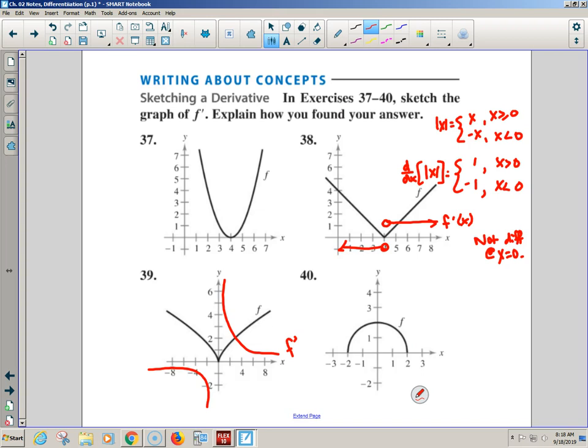What's happening as the x values get closer and closer to 0? My slopes are getting steeper and steeper, closer and closer to what? 0. Getting steeper and steeper and steeper. Now, what are the slopes doing as I go this way? That's leveling off. Leveling off would be going to 0.